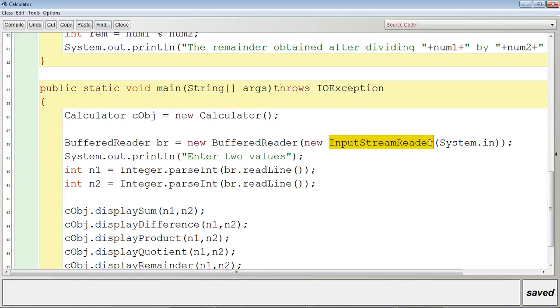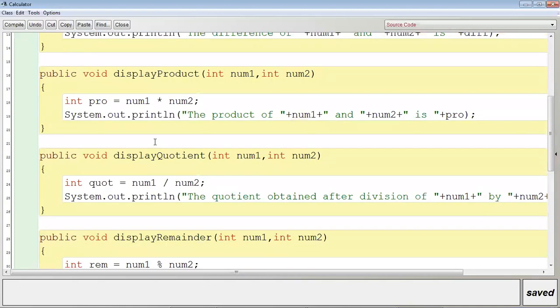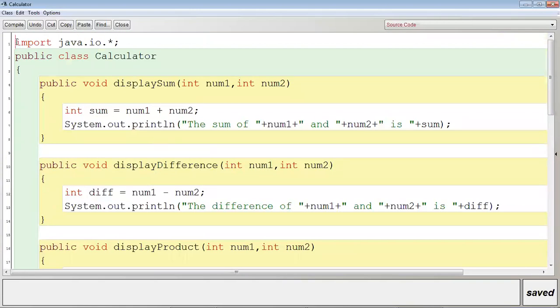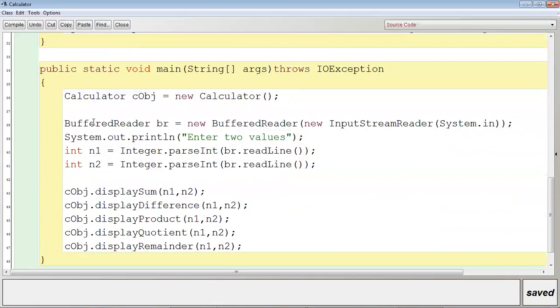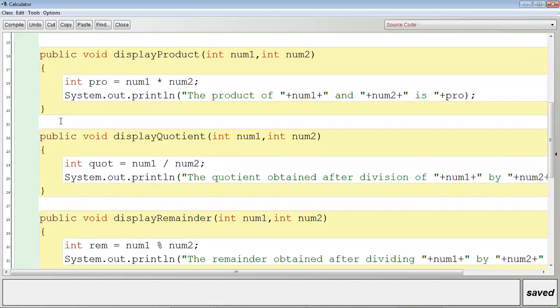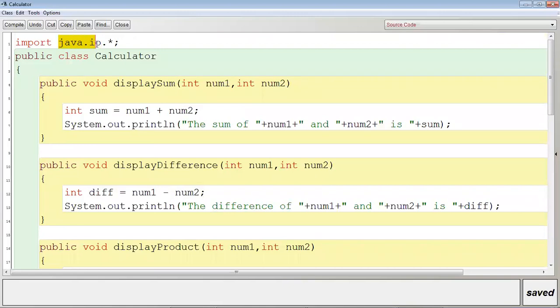Since the BufferedReader class is not available in java.lang, we need to import it. That is the reason why I have to write import java.io.*. What is the meaning of star? All the classes of the java.io package will get imported in this class.